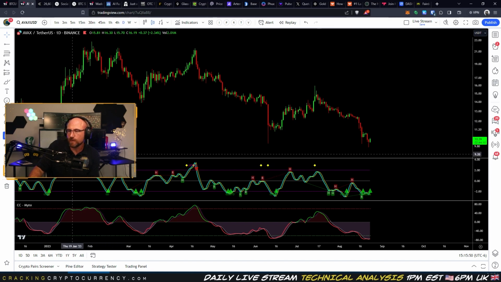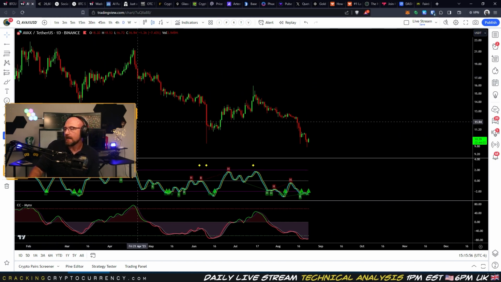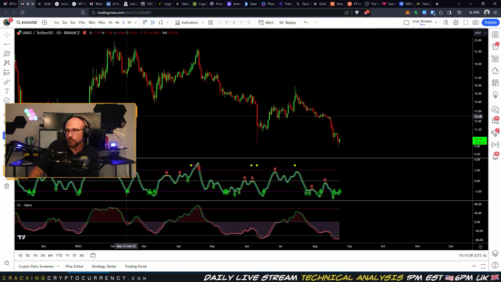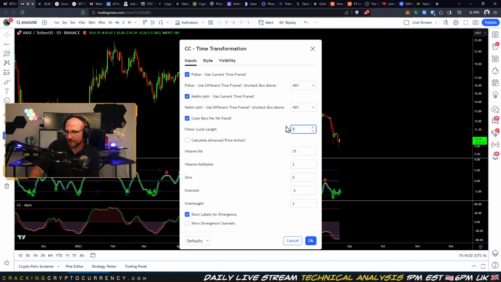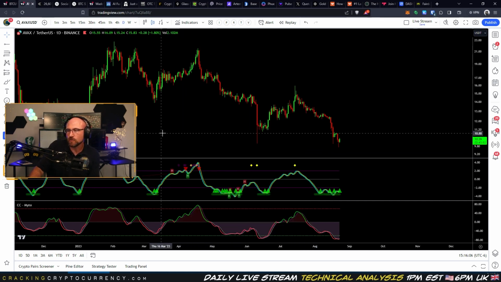Whereas I think with time transformation, it does a beautiful job of identifying the bearish divergence here, and here, and here. Whereas Minx does not do that. But you will see here that Minx is a little cleaner. And of course, we can replicate that by switching time transformation to a higher look-back length as well. The problem is,